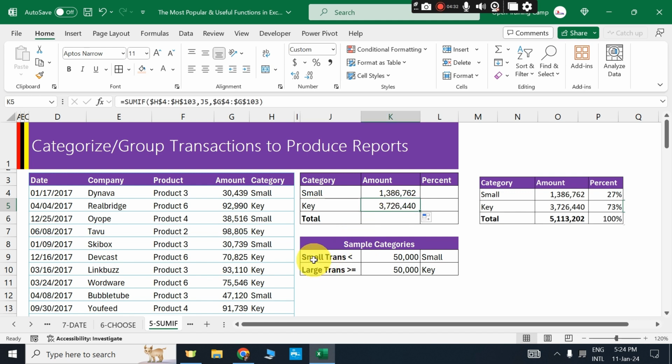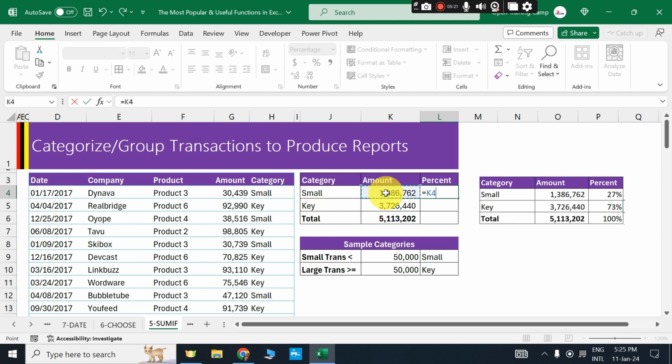and of course the criteria is right here. Any transaction will be considered to be small if they are less than 50,000, and anything greater than 50,000 they have been categorized as key transactions. So what I can do here is to sum up these numbers very fast, and if I want to calculate the percentage contribution for each category of transactions, I'll say equals the amount divided by the overall total,